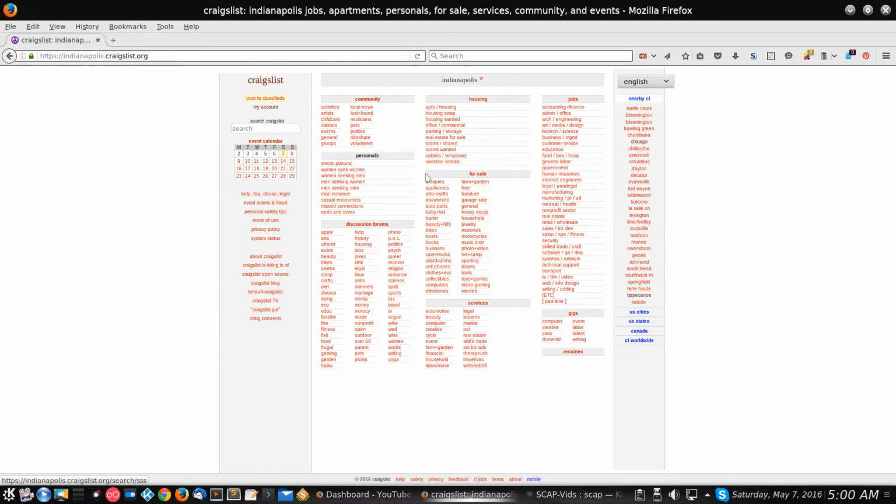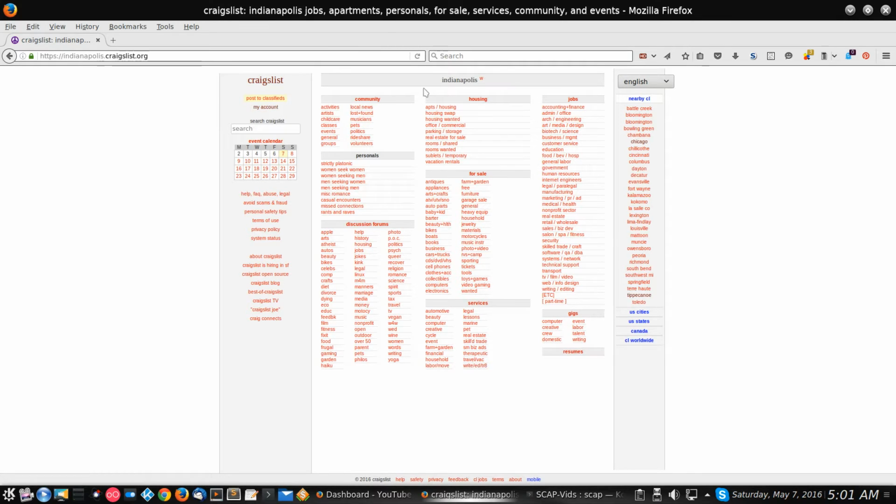This section right here is probably the one you're going to be most interested in. This is the for sale section, and it is broken up into various categories. Okay, just decide what you want to look for and then click on that, and then that takes you to the ads. Additionally, and I talked about this a second ago, said I would get into this, it also has job listings in here, just like the old classifieds did. They had job listings. Well, you have the same thing over here, and it's broken up into various categories as well. There's several other sections in here.